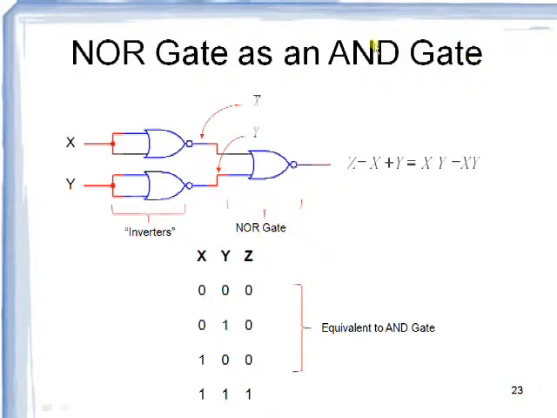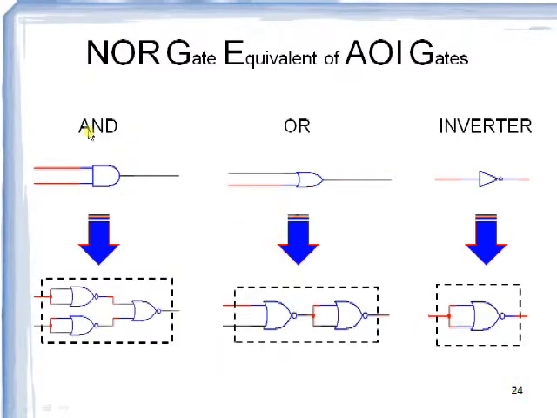Now let us represent an AND gate with the help of NOR gate. I have taken two NOR gates, and these are the symbols of the inverters. Therefore the output would be X bar and Y bar. These are given as inputs to one more NOR gate. Now the output is X bar plus Y bar whole bar, which is nothing but, if you apply De Morgan's theorem here, you will get XY. Now this truth table as well as this expression resembles the AND gate. Therefore this is the symbol used for implementing or designing the AND gate. And here you can see the equivalence of AND, OR and inverter with the help of NOR gates.